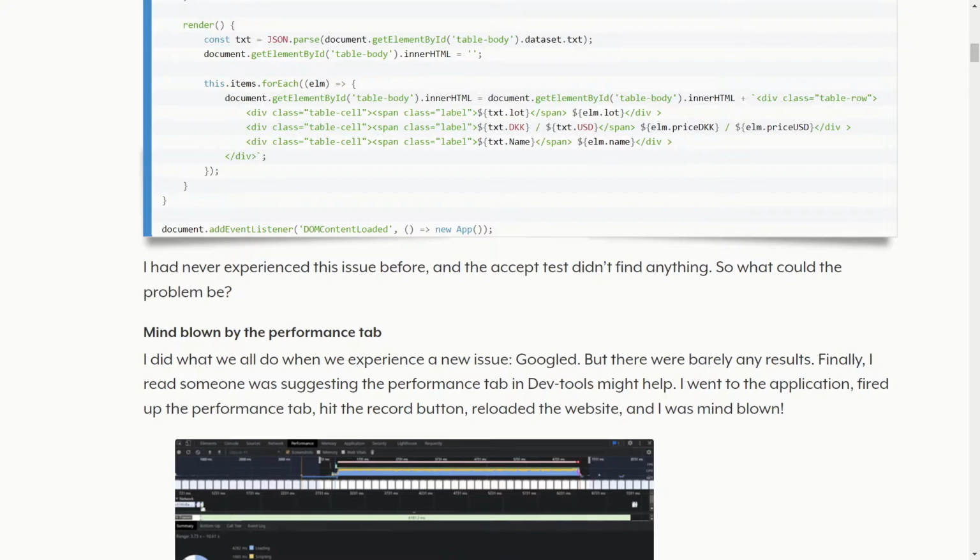Mind blown by the Performance tab. I did what we all do when we experience a new issue: Googled, but there were barely any results. Finally, I read someone suggesting the Performance tab in DevTools might help. I went to the application, fired up the Performance tab, hit the record button, reloaded the website, and I was